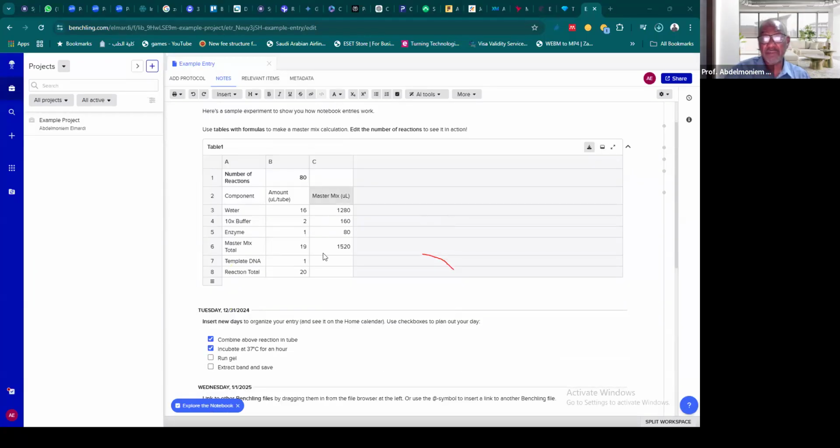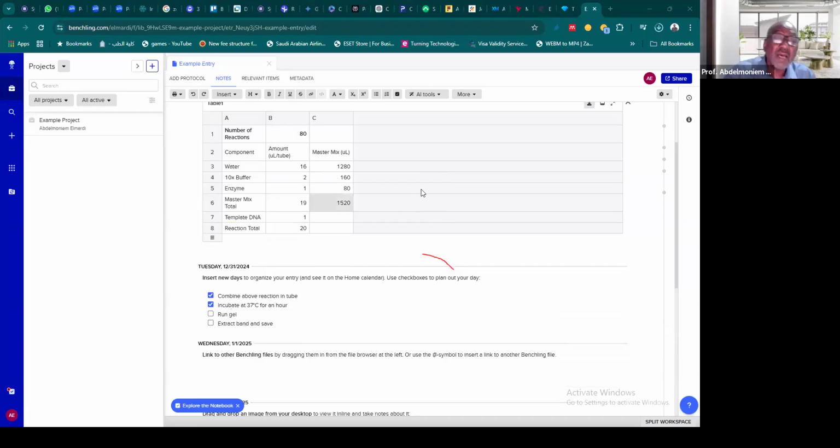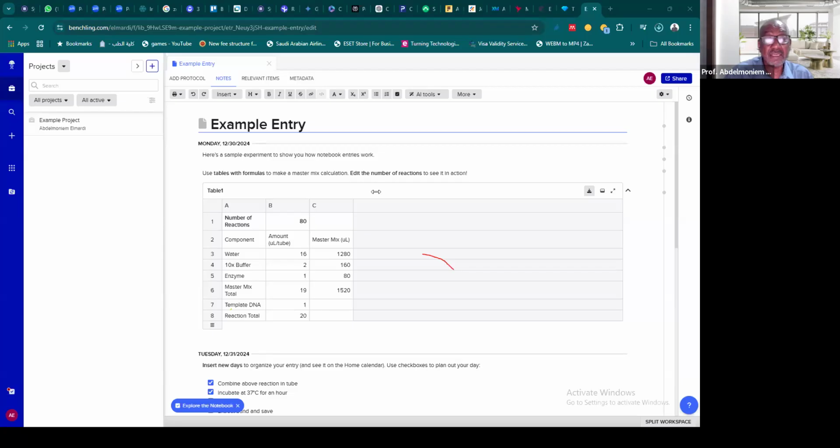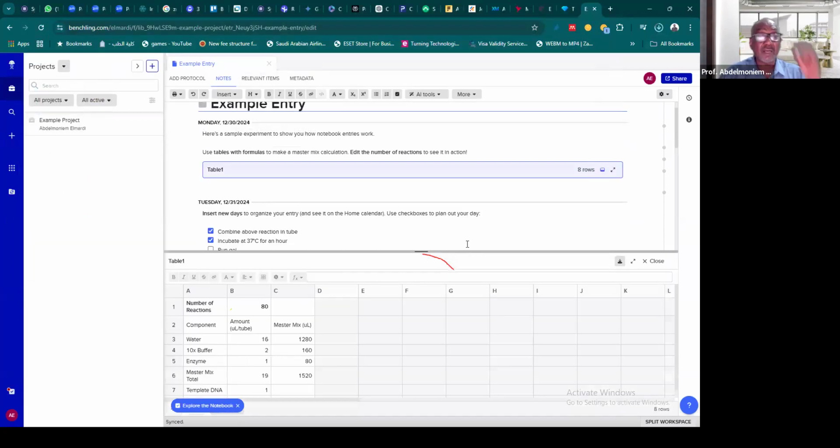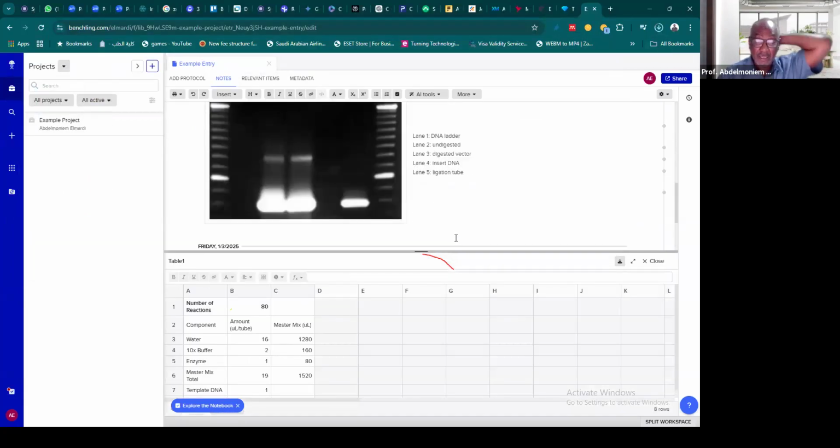You can edit the numbers here and then visualize the data. So you can enter the days and so on. Then it will appear next to it, and then you can save the table. There you can visualize the data.